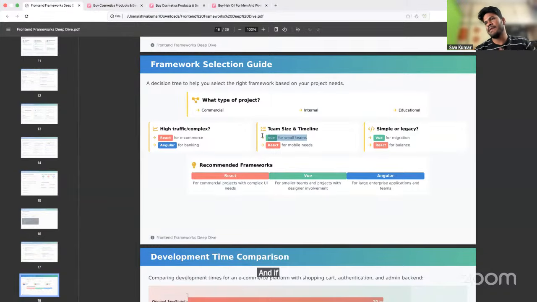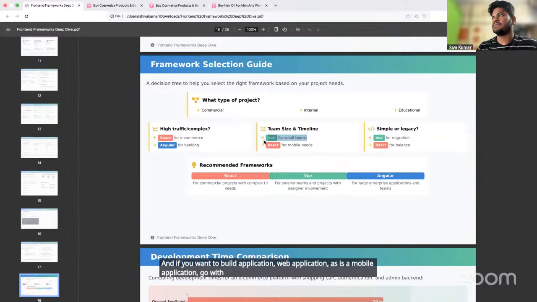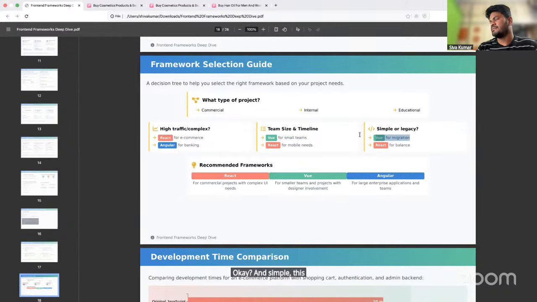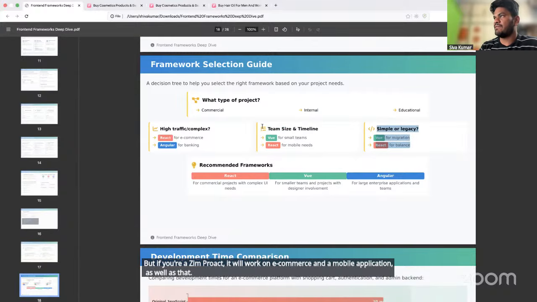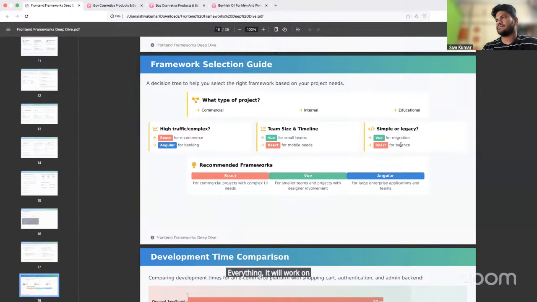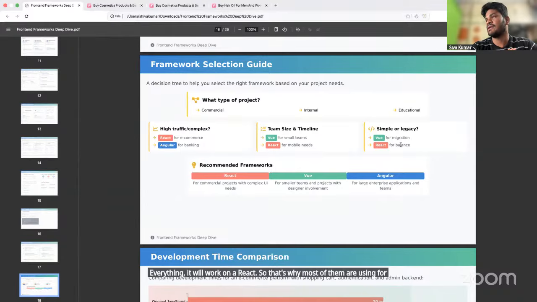And if you want to build a web application as well as a mobile application, go with React. Mostly they are not using Vue.js for migration. React works for e-commerce, mobile applications, and everything else, so that's why most of them are using React.js.